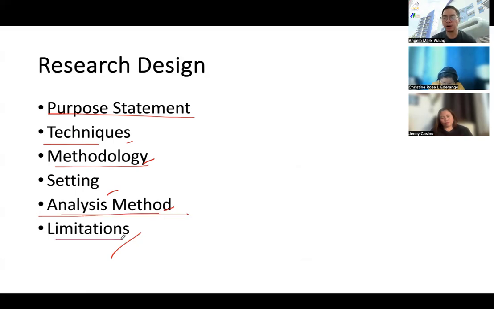And then finally, although this is not required, a panel will appreciate this and journals will also appreciate this when you are able to describe the limitations of your design. Like for example, you did focus group, you did phenomenology. What are the limitations of phenomenology for your quali? And if you did a survey, and this is just your sample, what are the limitations of that? And if you're planning to do this kind of statistics, what will be the limitation of that? One to two sentences of limitation per design would be sufficient already.